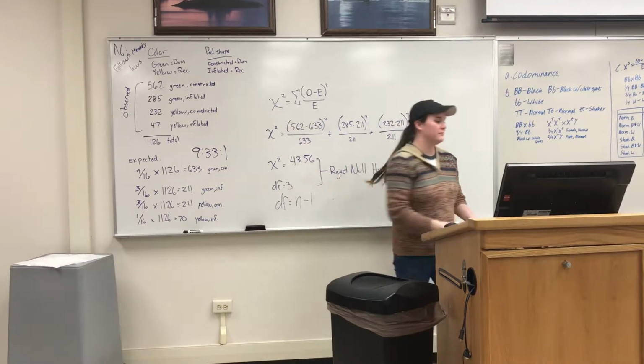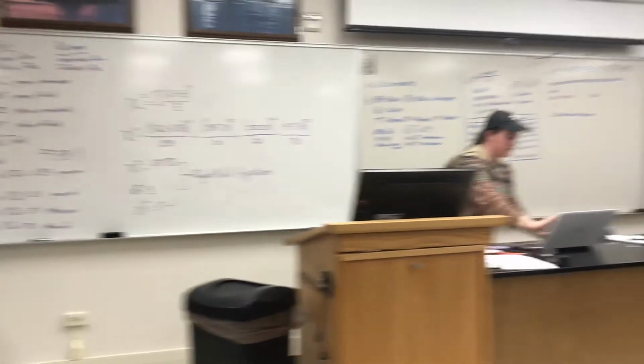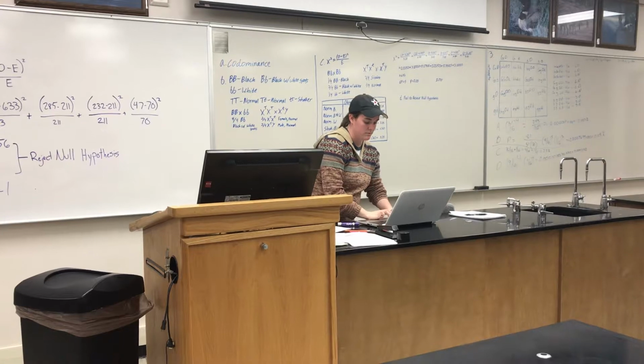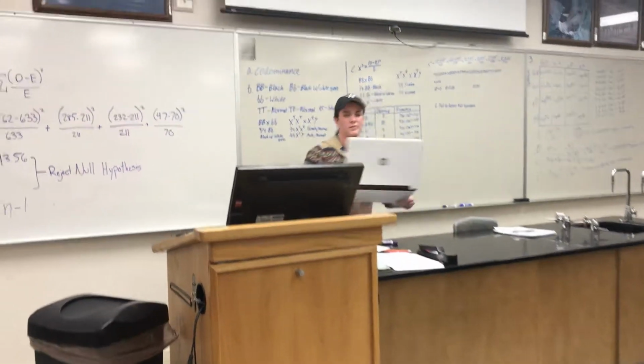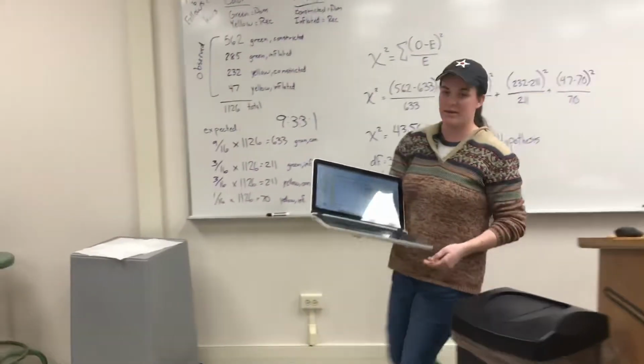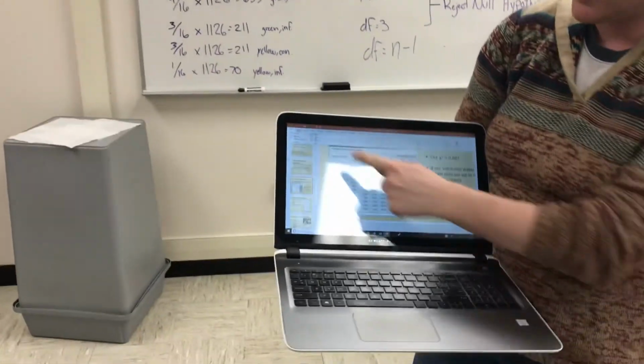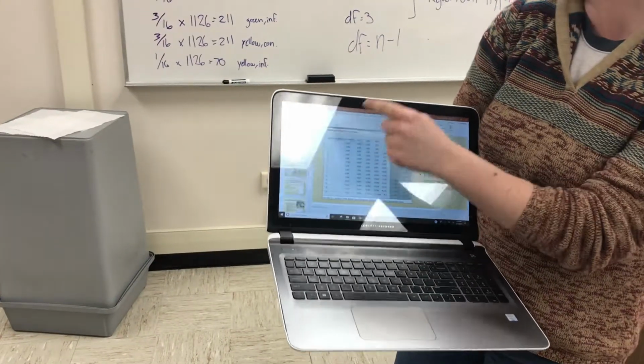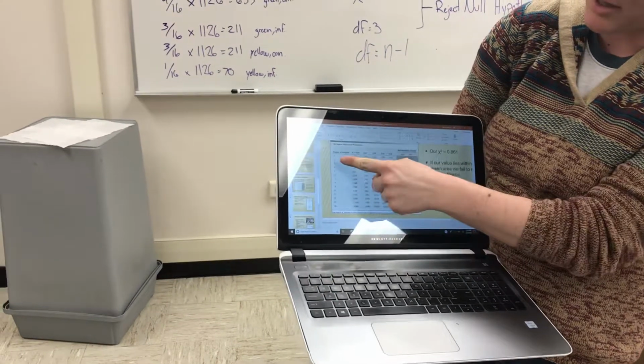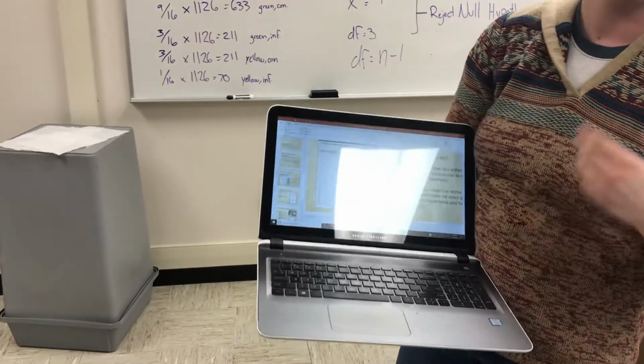So once you get that, you can go in and look at this chart. You can kind of see here, this wonderful chart that was on the PowerPoint. So you got your degrees of freedom over here. So we got 3. You just come down to 3 and move across until you find. Yeah,